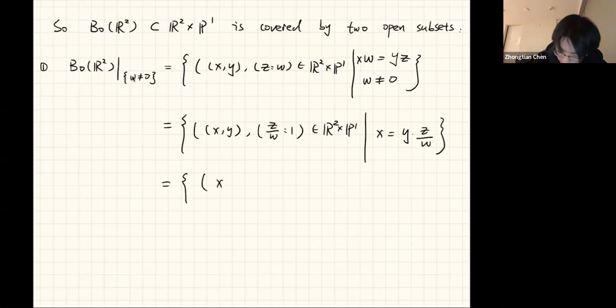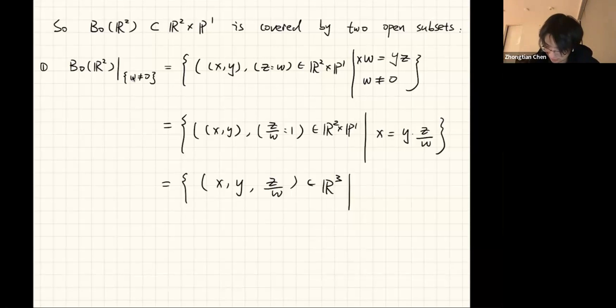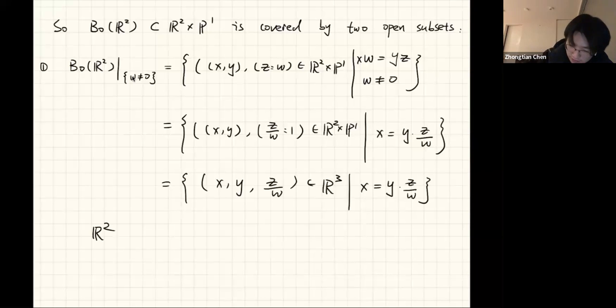Then we will get x, y, z over w in R3, where the constraint is this. And this suggests that this set is the same as a copy of R2 because